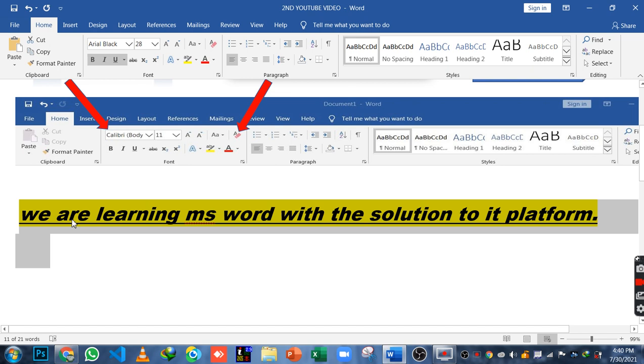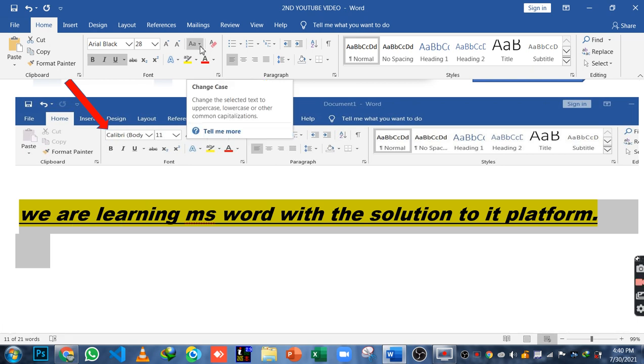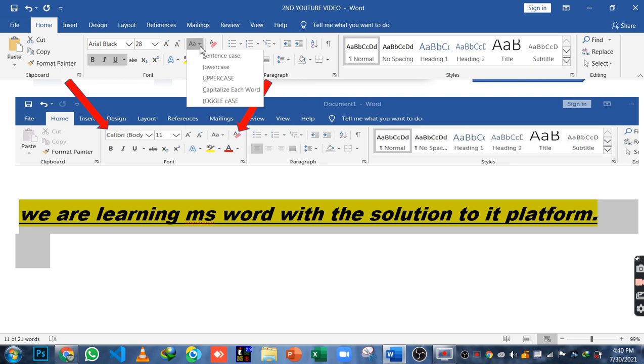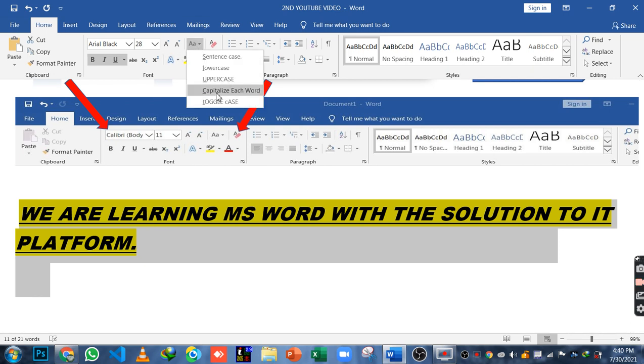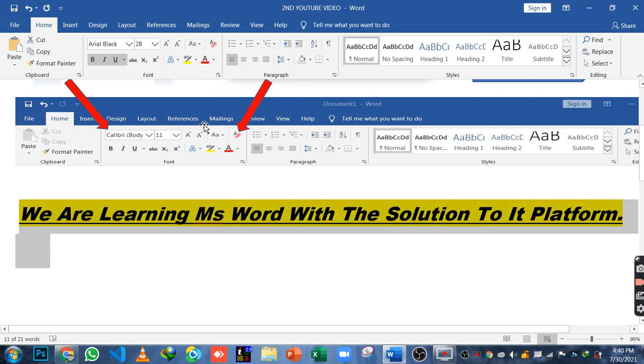So you will see it has changed to lower case. But if you want to make it in a capital letter, you will click on upper case. But if you are required to capitalize each word of your text, you will click on capitalize each word. So guys, you can see we have applied some commands.